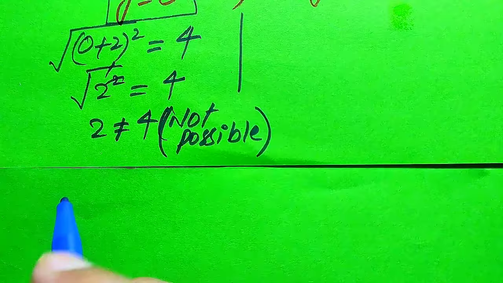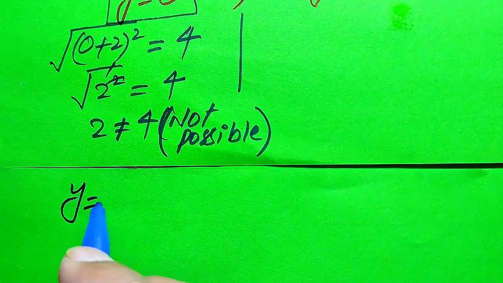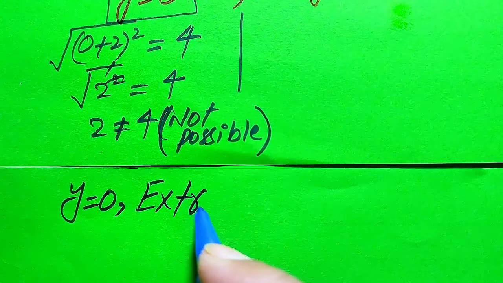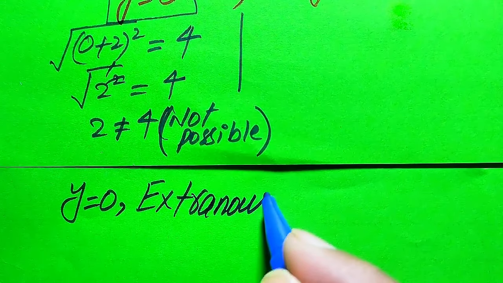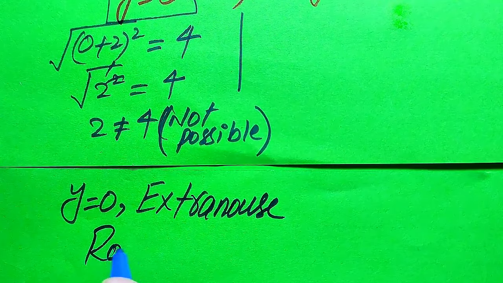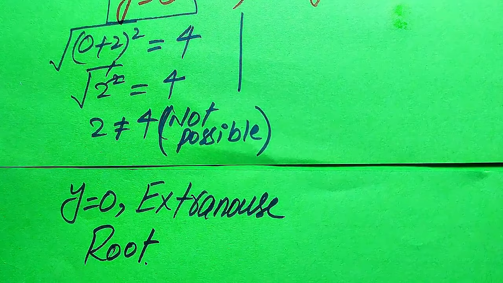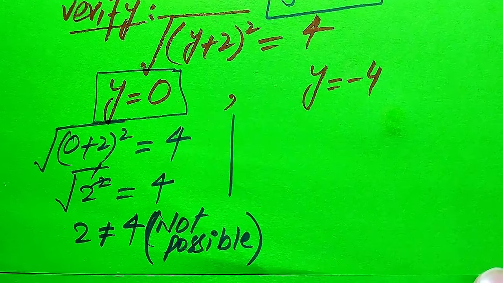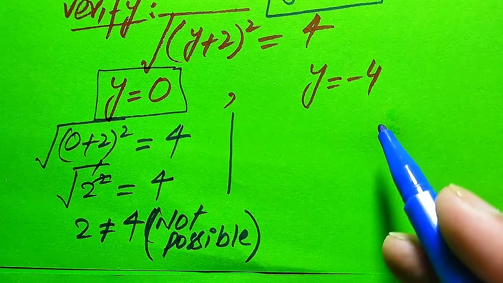So we conclude that y equals 0 is an extraneous root of the given equation, because it does not satisfy our given question statement, so that's why we call it an extraneous root. And now we move towards our second root, and here we have y equals minus 4,